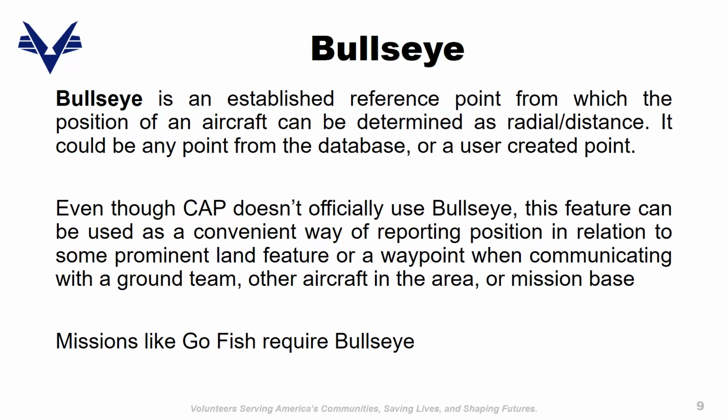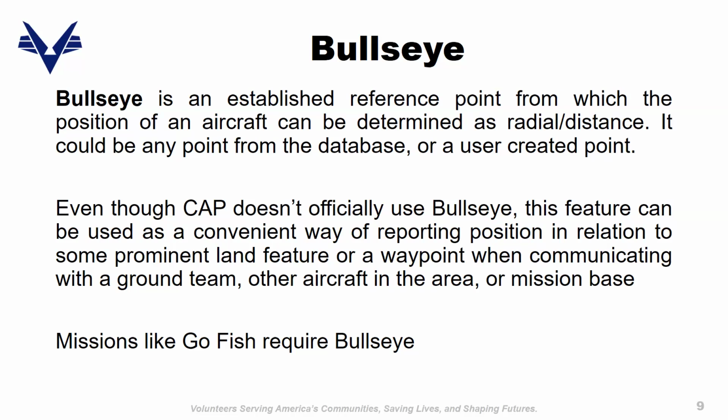But for us, there are more applications for this feature than what I just described. And even though CAP doesn't officially use bullseye, this feature is very convenient. It's a convenient way of reporting position in relation to some prominent land feature, like when you interact with a ground team. Maybe they don't have a bullseye feature, but you can select maybe a tall mountain or a cell phone tower as your bullseye, and then you can just tell them that the target they're looking for is 5 miles